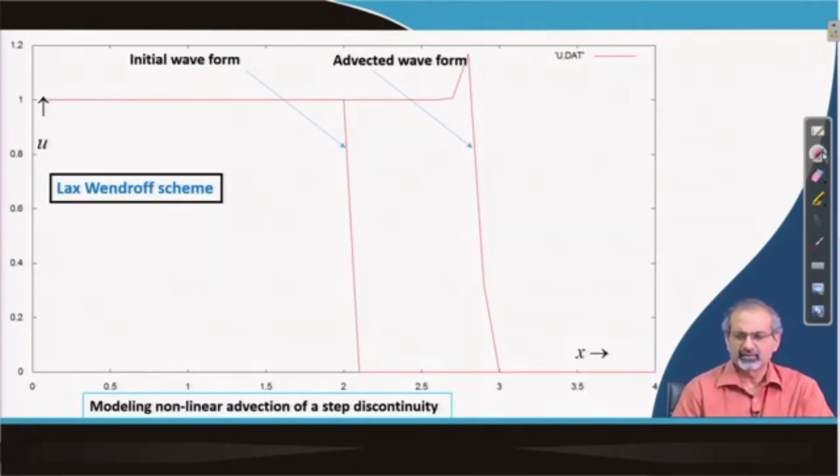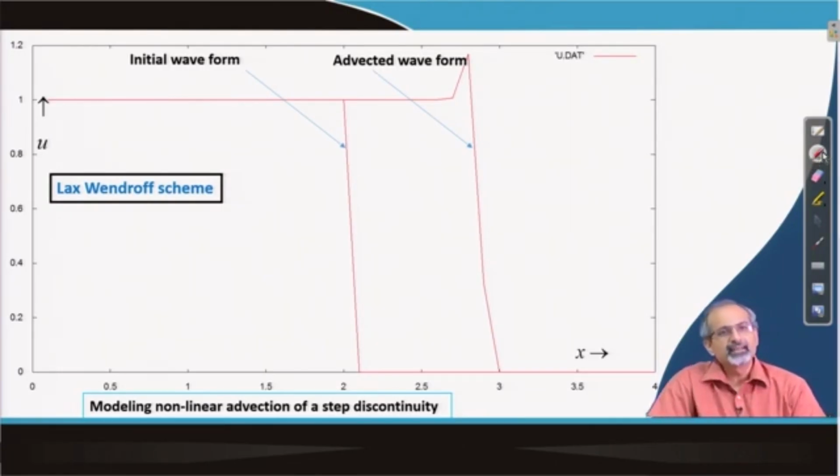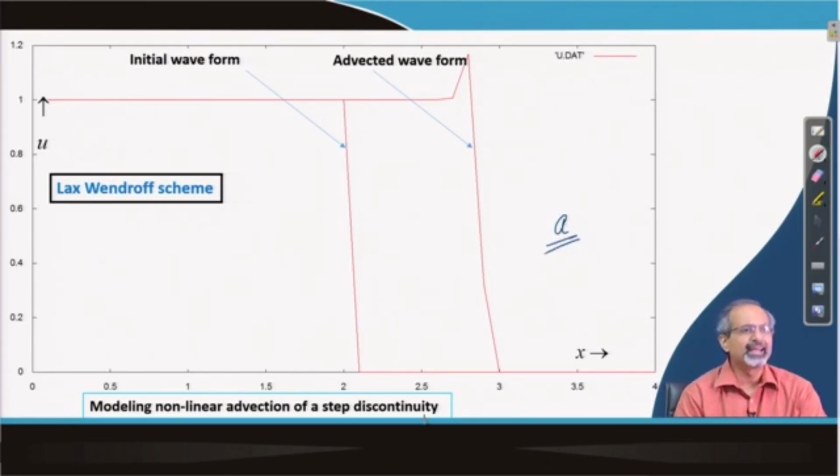Let us try to look at a few numerical results. So, here we see nonlinear advection of a step discontinuity. Now, we have also looked at a step discontinuity being advected with the linear advection equation. Remember that that was introduced as an initial condition there, and it continued to move with the wave speed a, whatever we defined. Now, incidentally, in this case, where the equation is like this,